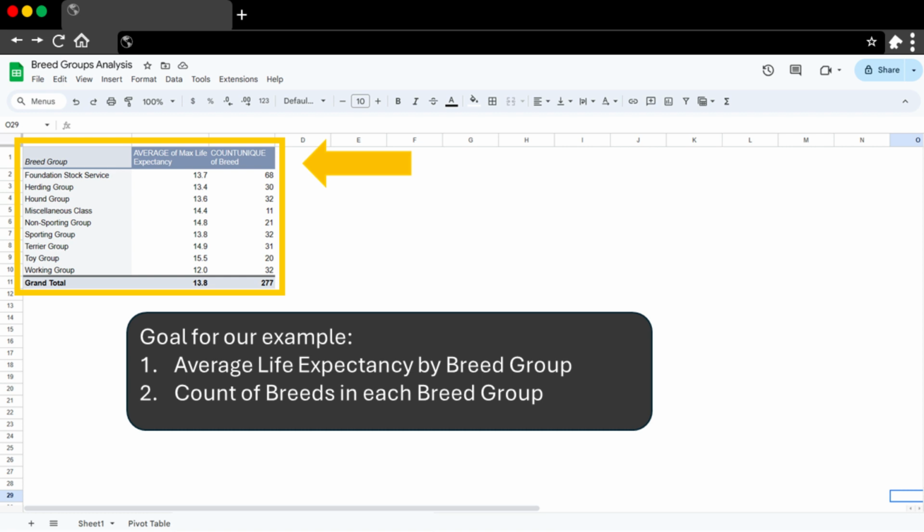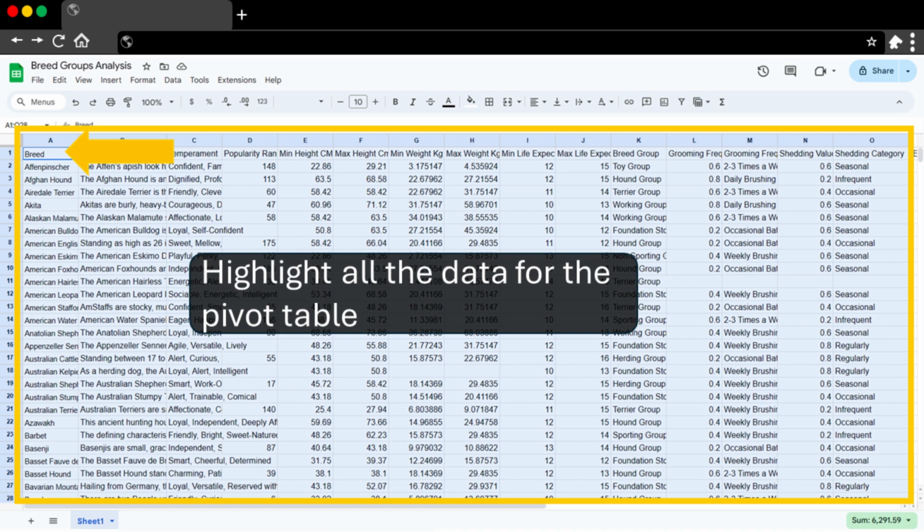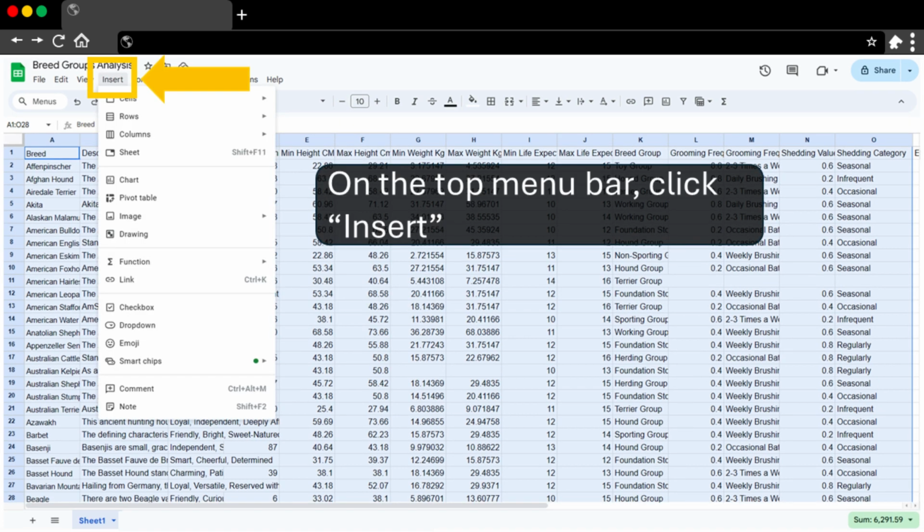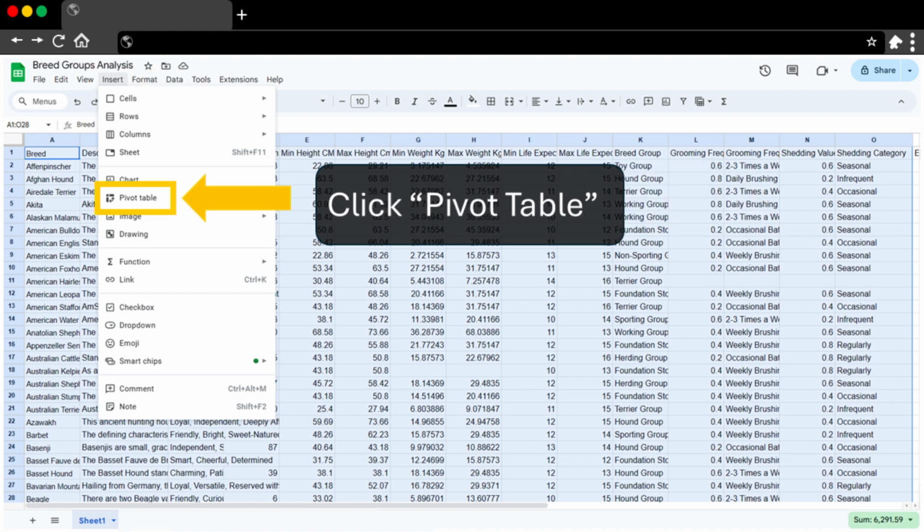Let's get started. First, we need to highlight the data set we want to use in the pivot table. Click on the first cell, A1, then, while holding the Shift key down, drag your mouse over the entire data set, including all the columns and rows of data you want to include. With the data set highlighted, click on Insert on the top menu bar, and then choose the Pivot Table option